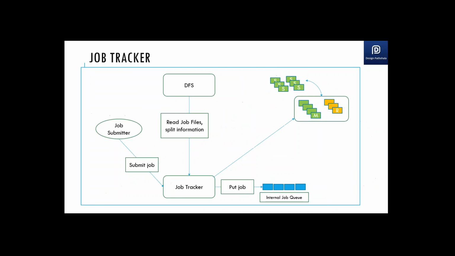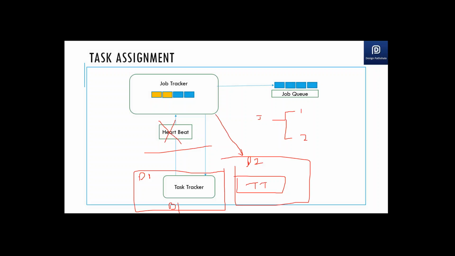Now, I as a user cannot send that logic to individual data nodes. I can just copy the logic somewhere. Like when you trigger your C++ code or Java code, what do you do? You just trigger your jar, but before that you copy your jar into your Unix file system or Windows file system. So I put my jar into the distributed file system and I am triggering it. Now that jar is lying in the whole cluster.